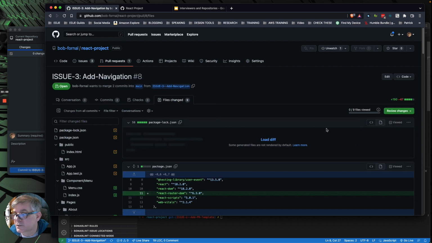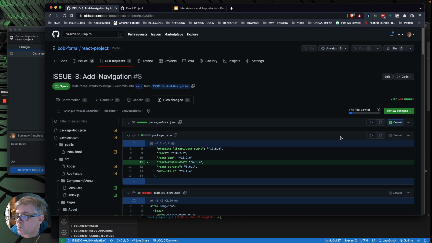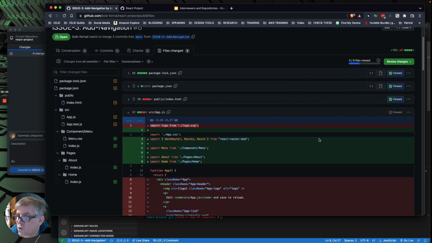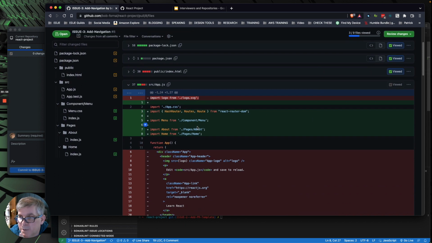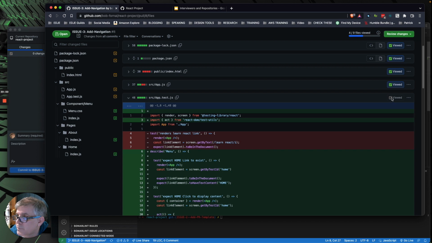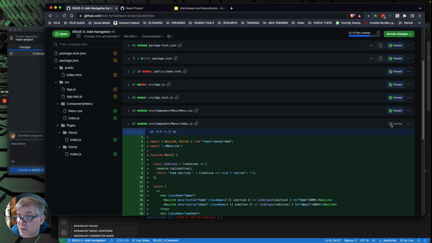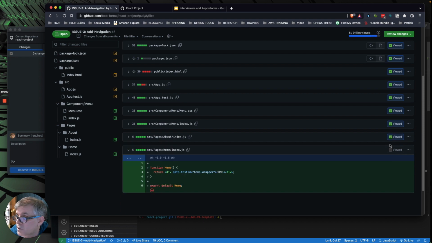Okay, now I'm looking at this as myself, the person that wrote it. I always go back and do a quick review of my code before I add people onto it. This is a pattern you should get into. And I'm looking at the app.js, that's fine. And the app test, that's fine. And the menu, that's fine. I write really good code, so clearly none of this can be broken, right?